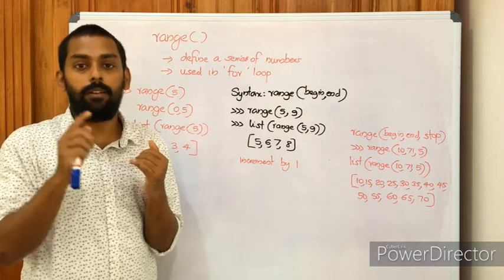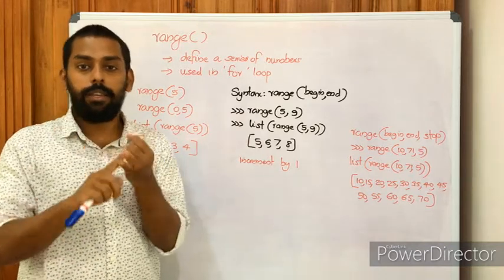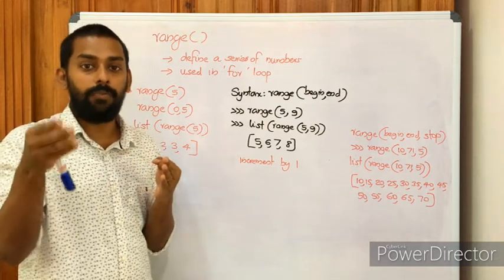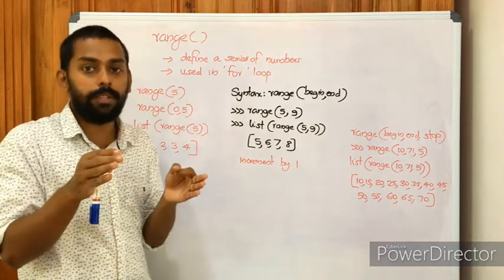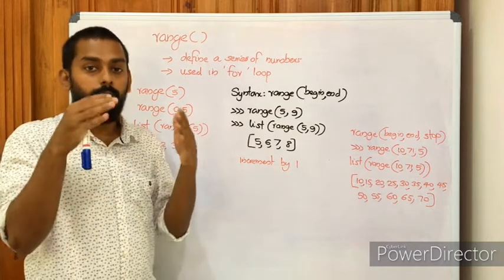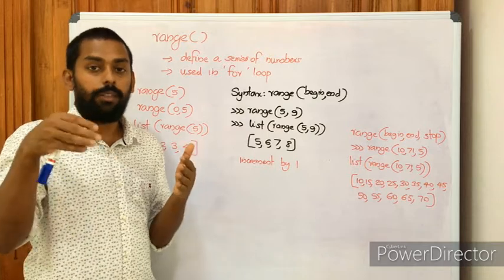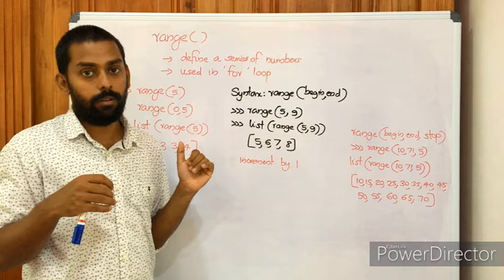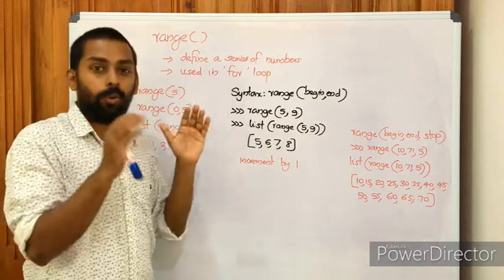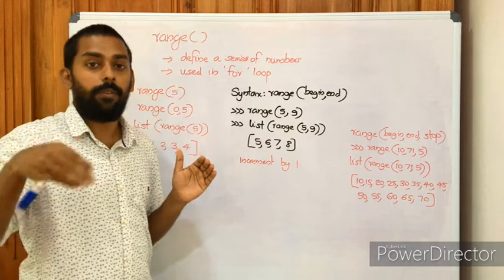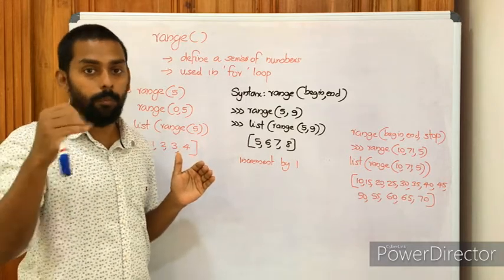First, we have seen type conversion functions like int, str, and float. After that, input function, eval function. Then we have seen min and max, abs function, then type function, then len, round, and finally range function. Just go through all these functions. This will definitely help you out at the time of developing your program or your project.